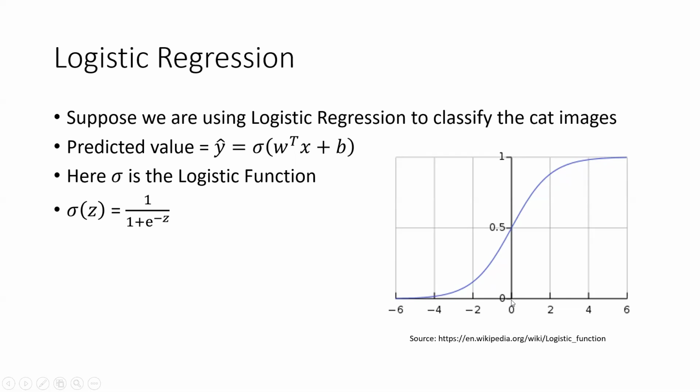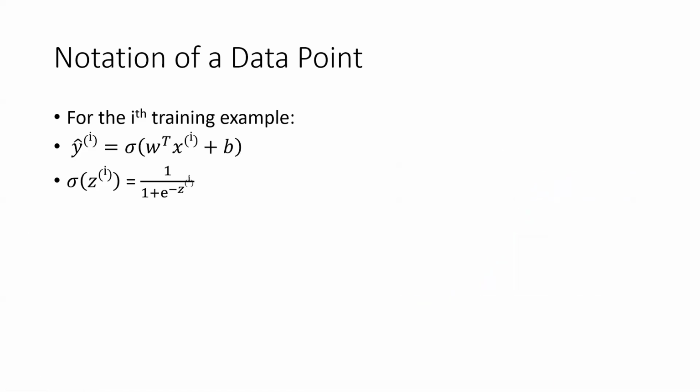When z is greater than 0, sigma is increasing and moving towards 1, right? So at infinity, sigma z goes to 1, right? When z goes to the negative side, it is reducing from 0.5 and moving towards 0, and sigma z goes to 0 at negative infinity, right? When z goes to negative infinity, sigma z goes to 0, right? This is the graph of this function, right? Okay,